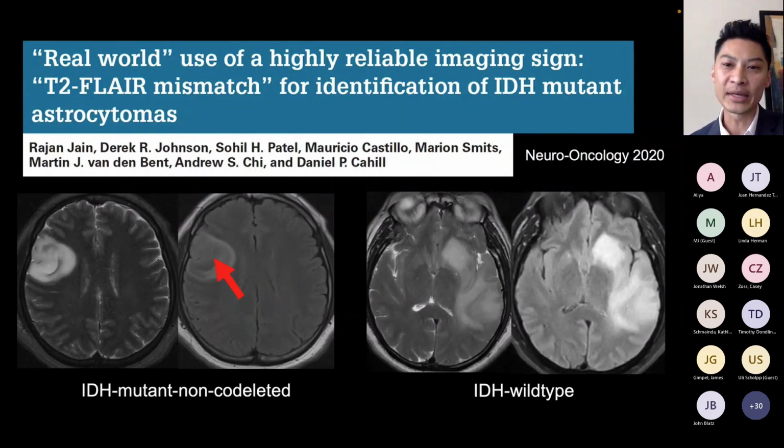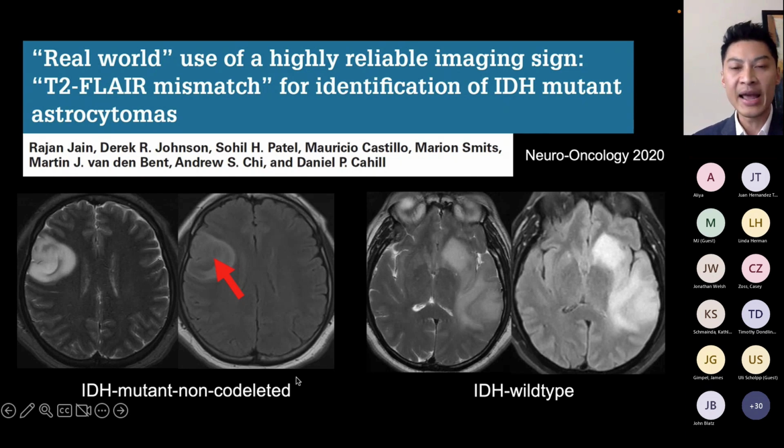But what we have found in clinical practice is that one specific sign has been helpful to identify an IDH mutation in astrocytomas, and that is called the T2 FLAIR mismatch sign, as shown here. So what is the T2 FLAIR mismatch sign? It's essentially when you have T2 bright signal on the T2 weighted image, and on the FLAIR image, there's suppression of the majority of the central aspect of the tumor. There can be a little rim of T2 FLAIR hyperintensity, but again, most of the central aspect of the tumor